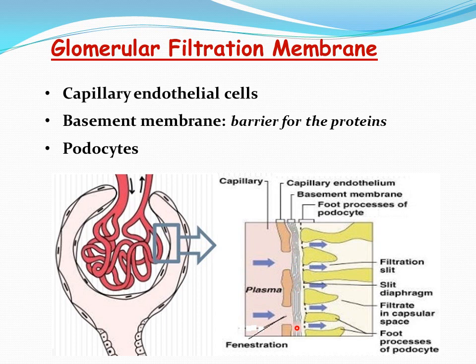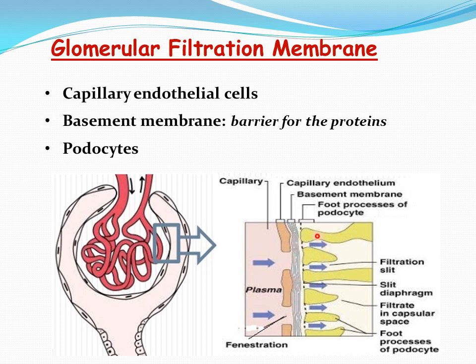Then come to the basement membrane, present between the podocytes, the epithelium, and the endothelium. This basement membrane is basically a matrix of collagen and proteoglycans or glycoproteins. It is a very thin membrane and it also has thin pores, not visible, of size around 6 to 8 nanometers. Another important thing is that it is made up of negatively charged proteins, so again this membrane can repel negative substances.